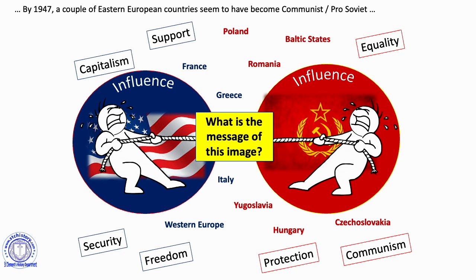So let's work our way through this lesson now and just see how each country falls or is taken over, or however it might look, but also keeping in perspective how it looks from both sides. Remember, Stalin is talking about protection. America is worried about spreading. All right, so that's where we are as we go on.